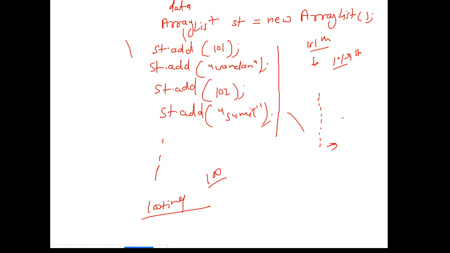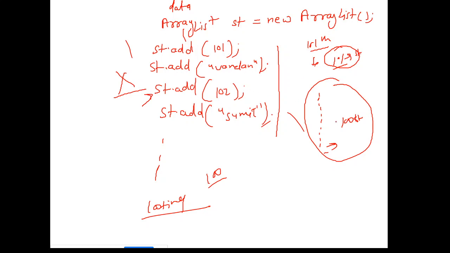So it will copy the 100 students' data first, and then the new 101st student's data will be added here. So this will be a new array list which is created for you, and the older one will be available for garbage collection, right? Before that it will copy this data to the new array list and add the new data to it, right? So what is the drawback of it?